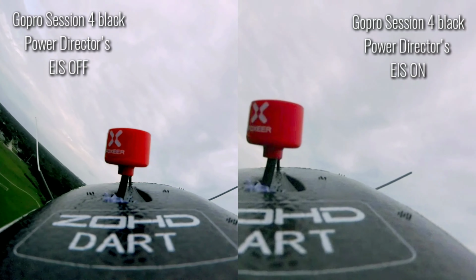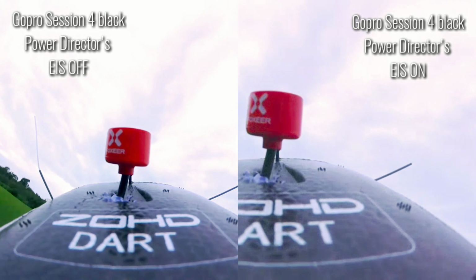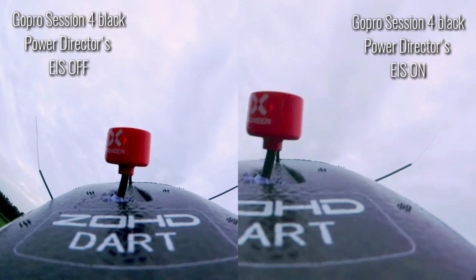And I think that has a lot to do with the fact that in this particular video, the dart has a big nose hanging out that we're seeing, and that nose really centers your eye on the video, and I think that ends up being what we focus on. Even though we see the background, I think it has to do with the way our eyes work. And so I don't think this is necessarily a fair comparison based on that as well, where if this was